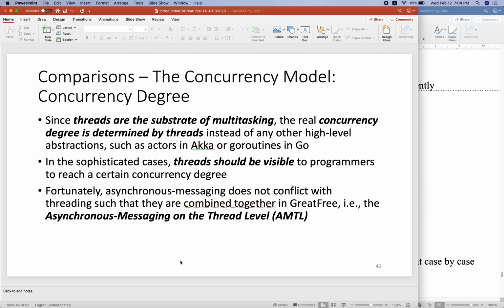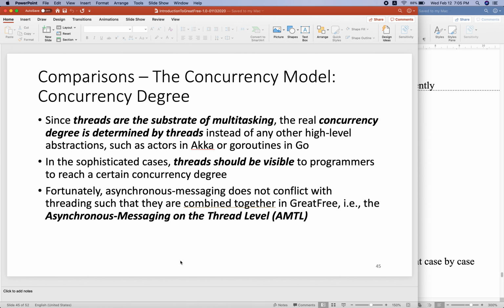That means how many tasks are executed at a specific moment, or in one time slot. How many tasks are executed in 1 second or in 1 millisecond? So we need to know about that.